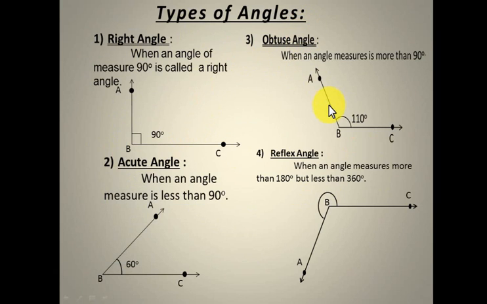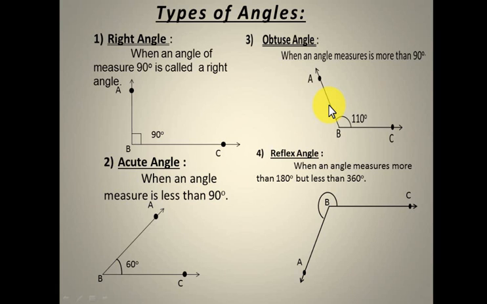First is the right angle. Right angle means every angle is given a measurement, calculated and given a measure as a unit. When the measure of an angle is 90 degrees, exactly 90 degrees, not less or more, then it is called a right angle. We will write ABC is equal to right angle, or we can write the measure of angle ABC as 90 degrees. When a measure is less than 90, we will call it an acute angle. We call it acute when the measure of an angle is less than 90 degrees.